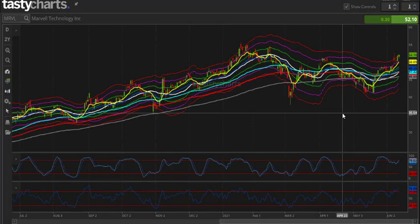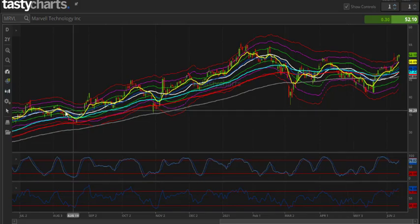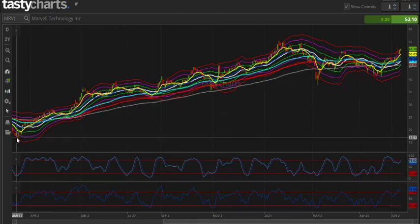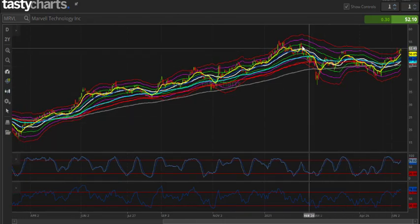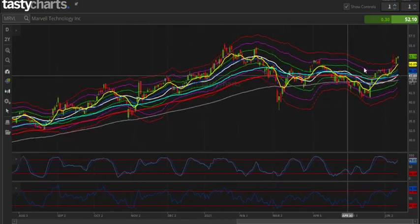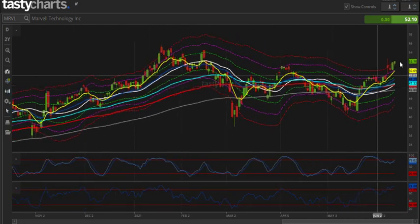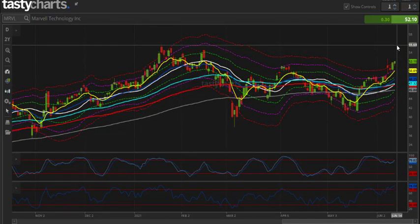Moving over here to MRVL Technologies, this is a stock that I haven't really played yet, and I'm kind of upset that I hadn't seen it before. It's been running pretty dramatically over the past year or so, all the way from March of last year to current prices. Had a little bit of choppy motion here along with the rest of the growth sector, but it's pushing that upper ATR level right here at $52. And it looks to me like we're going to make new highs up past $50 or $58 over the next